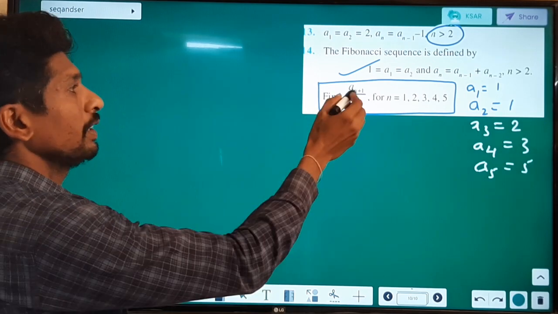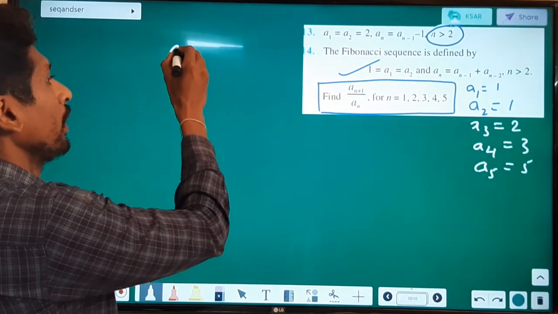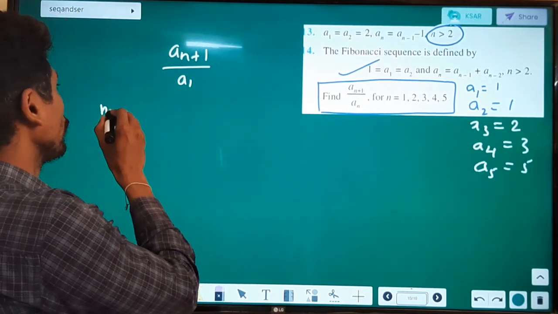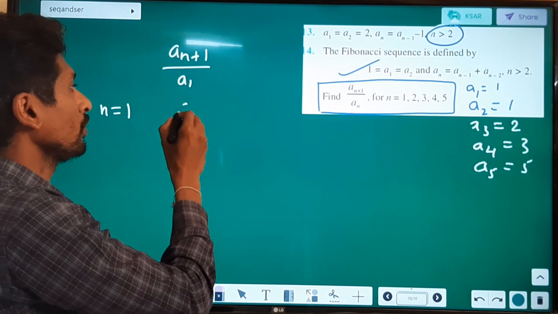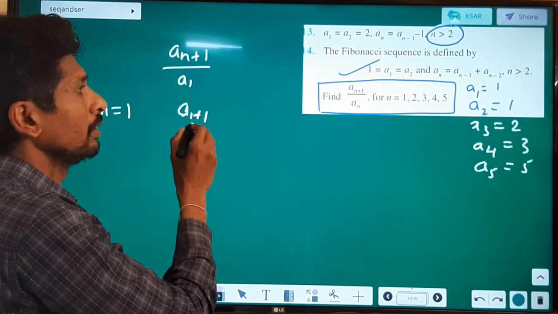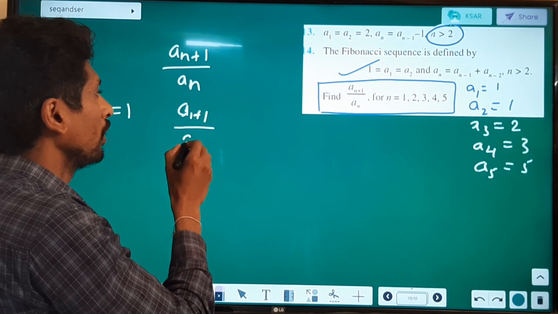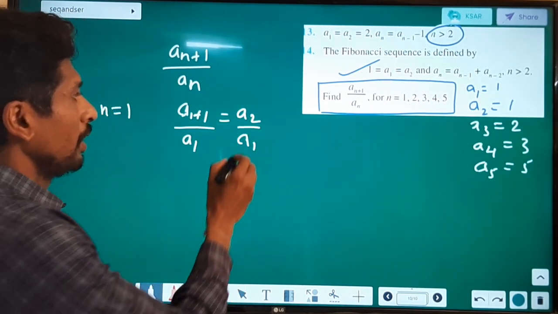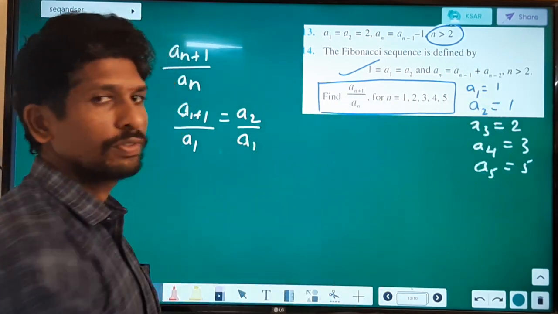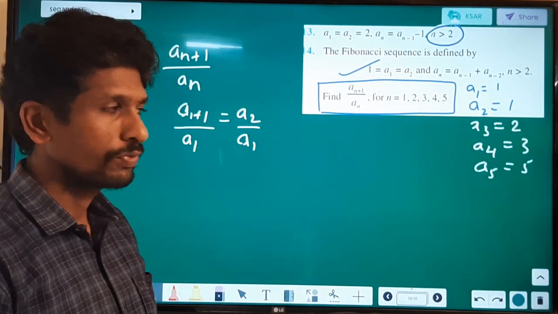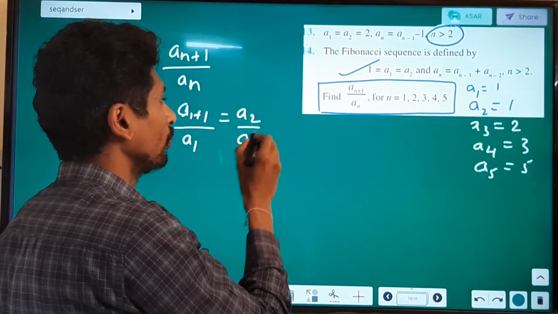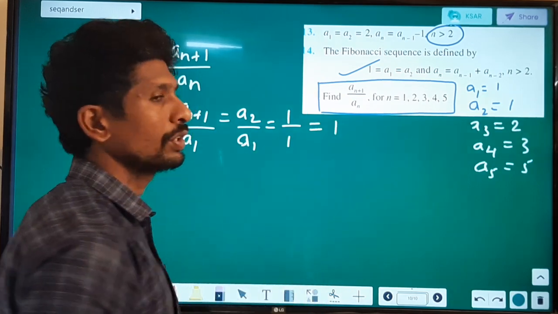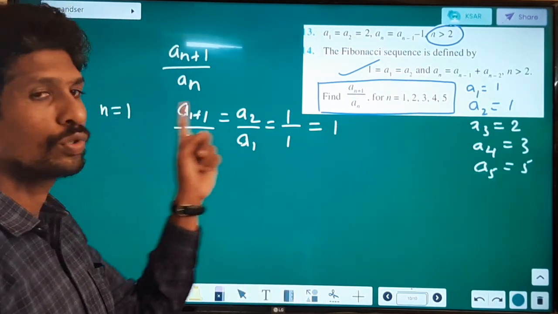Now consider the given term a(n+1) divided by a(n). If we consider n is equal to 1, the numerator becomes what? 1 plus 1 divided by a1 here. So therefore that will become A2 divided by A1. And as we already know the first 5 terms, substituting those values in the ratio now. A2 is nothing but 1 here, A1 also 1. So therefore the first one becomes 1 here. Let us take n is equal to 1.